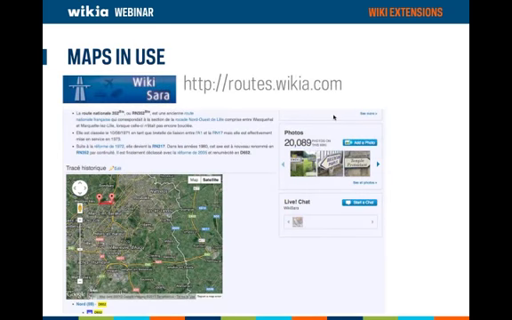Now let's look at a wiki that relies on the Maps extension. Routes Wiki is a popular wiki that describes some of the historic and modern highways of France. They use maps to illustrate the route, length, and direction of these highways. In this particular example, Routes Wiki is showing the satellite view of Google Maps and has also drawn a red line between the 2 markers to indicate the endpoints and route of a particular